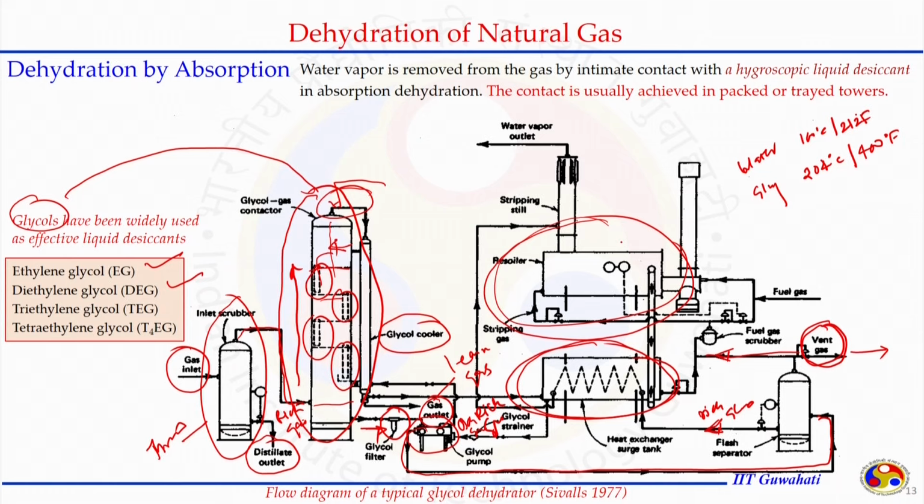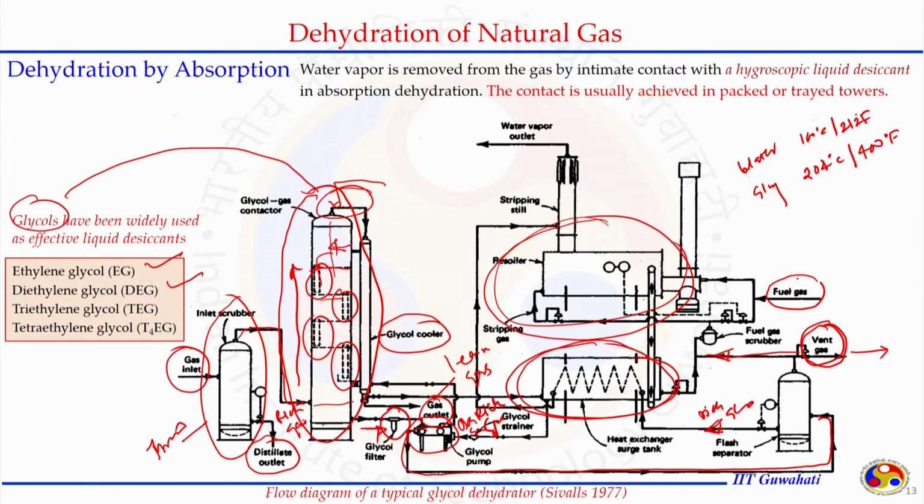water from the glycol, and in that case a reboiler is required, and the energy for the reboiler can be provided either from the external fuel gas or the gas that is produced in the flash separator. So, a part of that can also be used for the energy required for the reboiler. Before it is going to burn in the reboiler, it has to pass through a scrubber to take out any